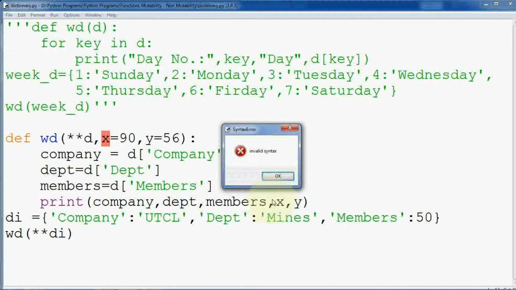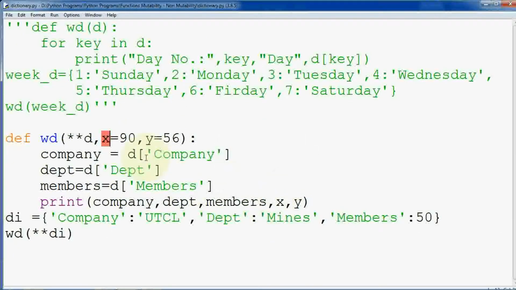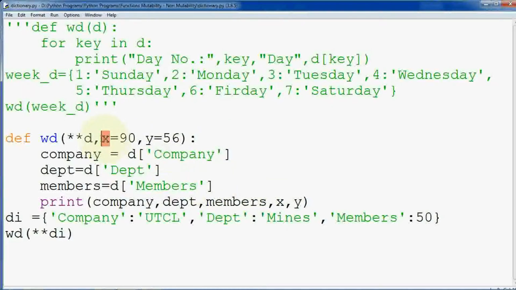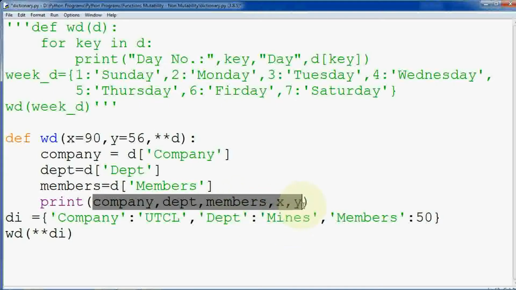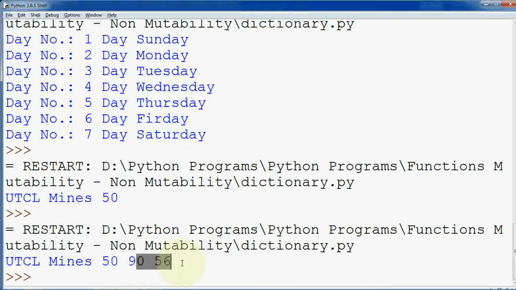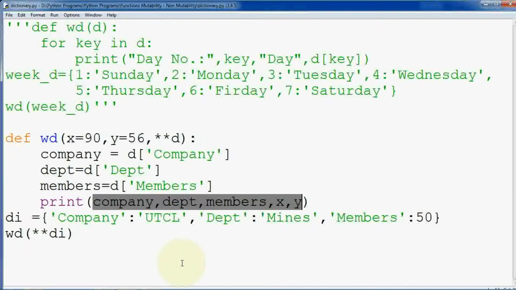See, it is giving an error, and error means invalid syntax. So here it's showing that invalid syntax. So whenever you want to pass such values, what you have to do? You have to start it from left side and keyword argument goes to right side. That is rule of Python. And in calling or printing, you can use that particular variables anywhere. See, now it is showing the output as well. And in call statement, I have not used x and y. So this is the magic of Python with dictionary.